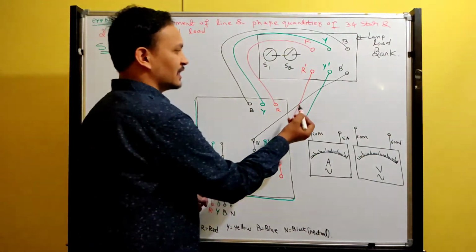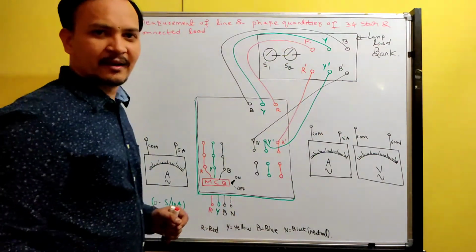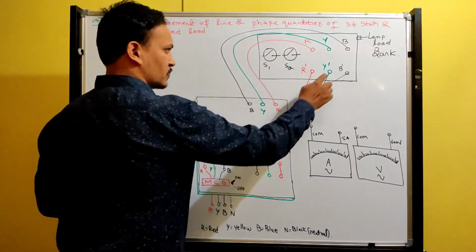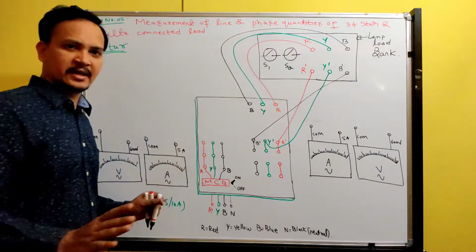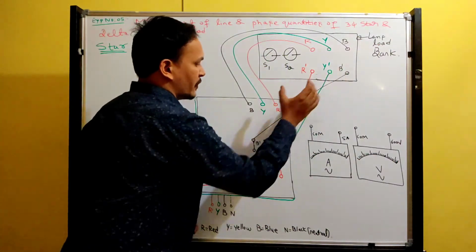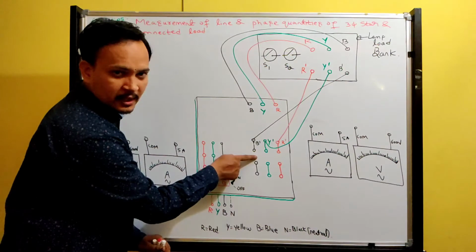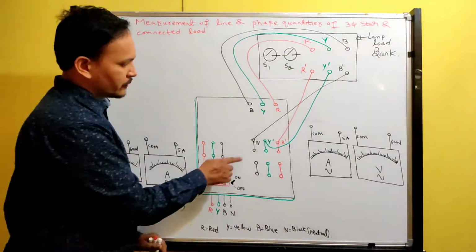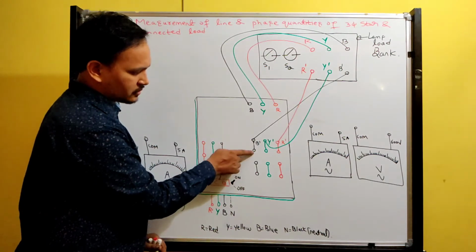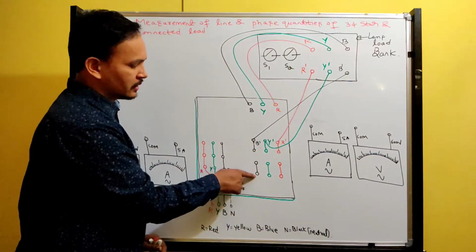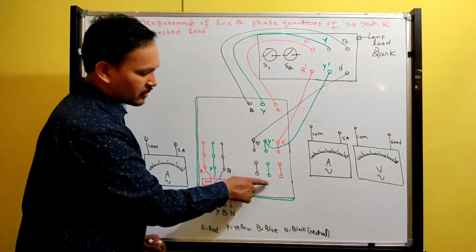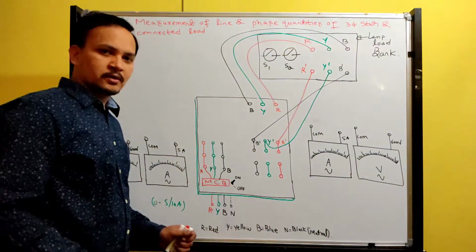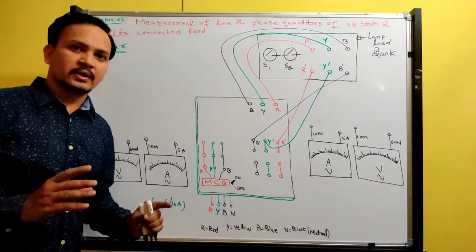Keep in mind, don't think that all these are internally connected. Not like that. Simply connect R dash to R dash, Y dash to Y dash, B dash to B dash. Fine. If I connect all the bottom terminals here, then here open is there. If I join this, then everything will become B dash, till here B dash only. So it is shorted, B dash, B dash. Shorted, this also becomes B dash. Again shorted, till here B dash. If I join this, everything will become Y dash. If I join this, everything will become R dash. Okay, got it?